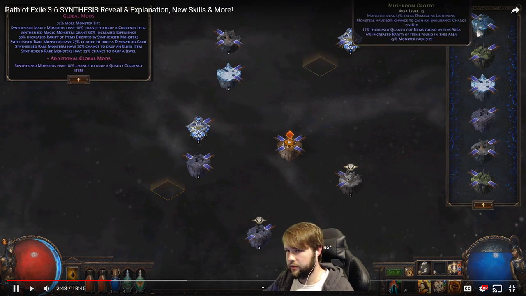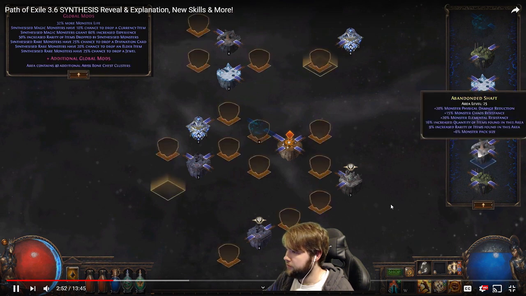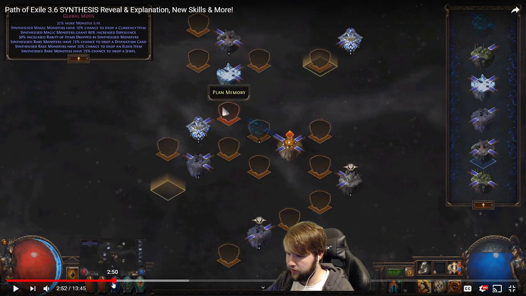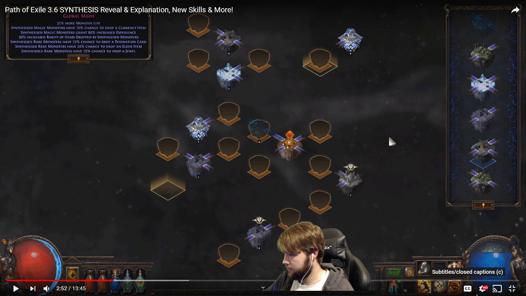So it looks like you can almost get everything in the game to drop out of this mechanic, which is going to be nice. Because it would be kind of like Delve, where you can just stay in Delve and get everything you want. So you'll need to collect the right memories and place them to make a path. I want to see